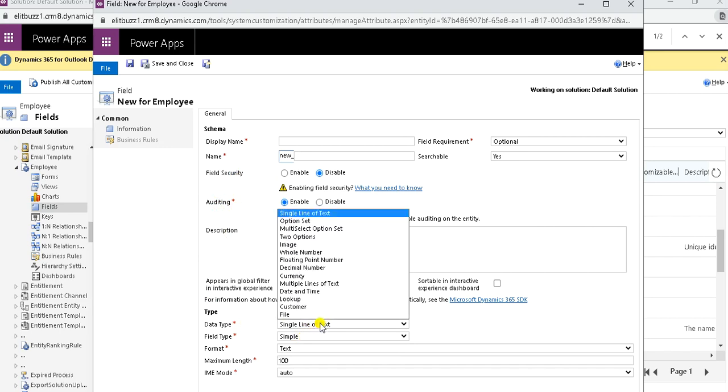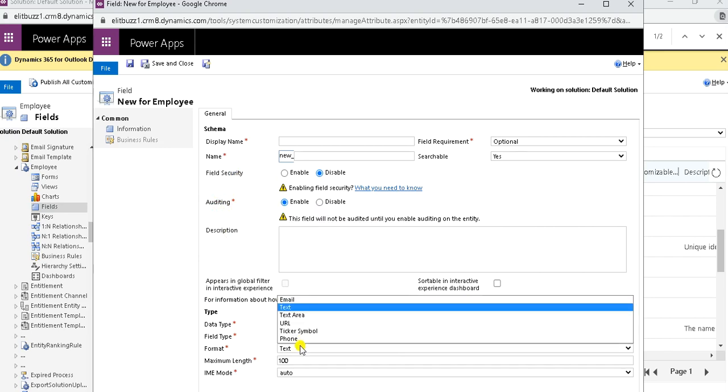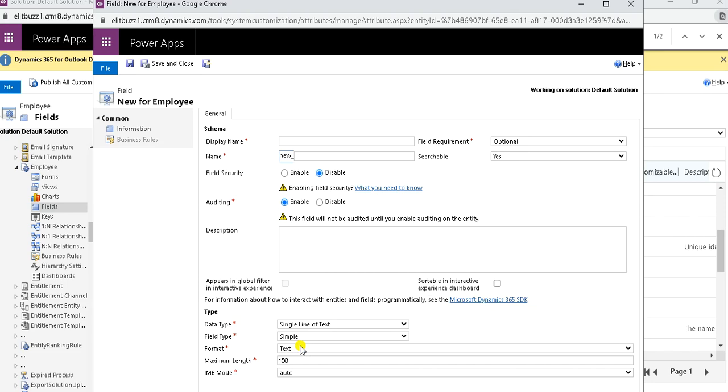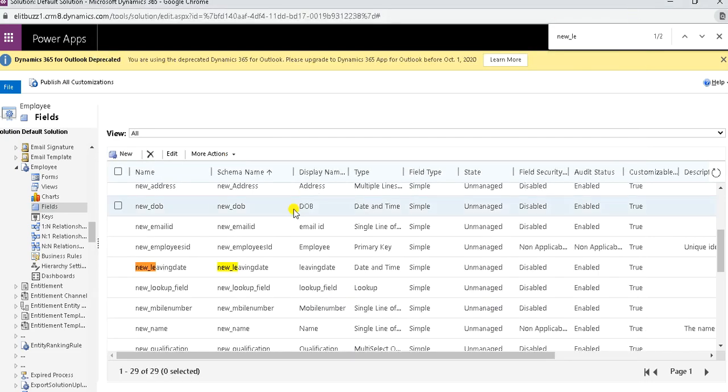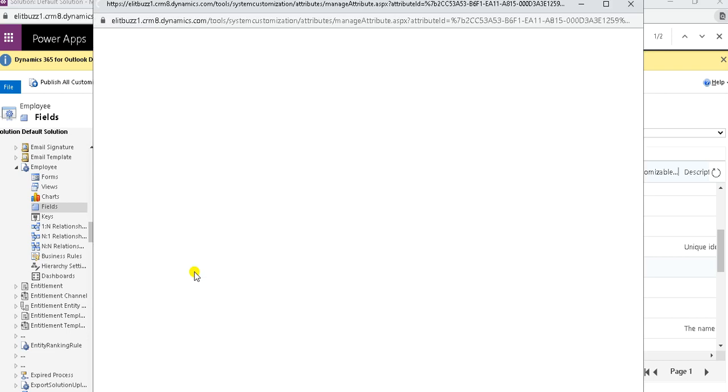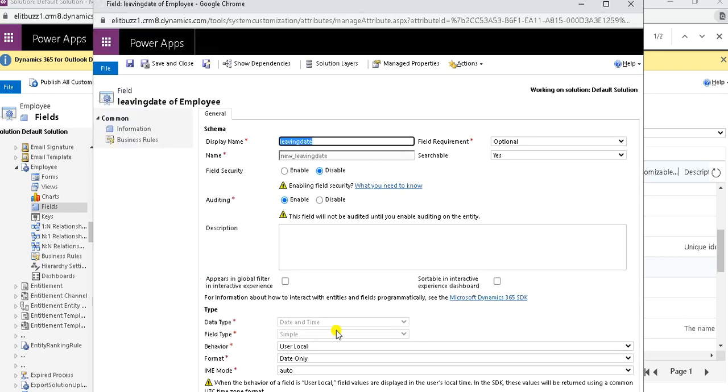Field type depends on the data type, format depends on the data type. So here I can save and close. I have created one field through field section. This is new leaving date. So it's of data type date and time, field type simple, and format date only.